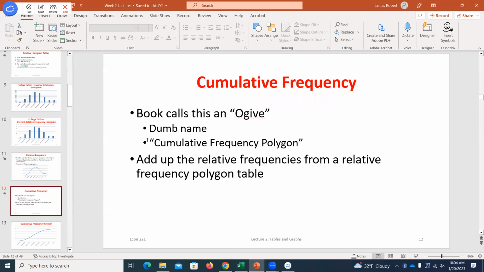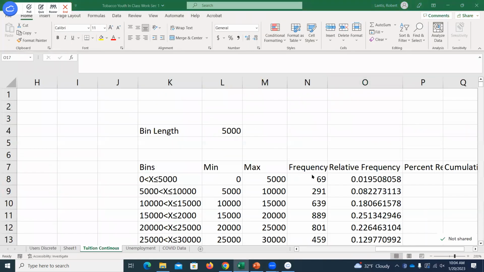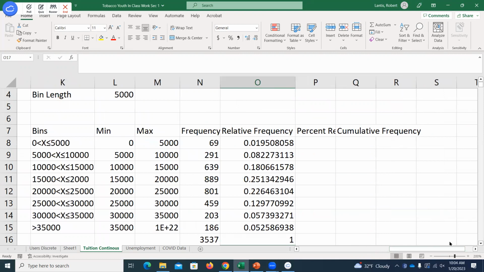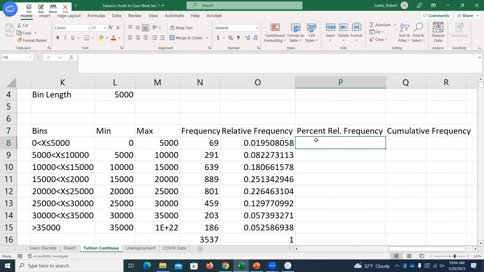So the next idea would be to come up with the cumulative frequency. We'll go back to Excel and see where we left off. Actually, I forgot, I think I went a little bit faster in the second section, and we did percent relative frequencies, which we didn't do last class. So we had our relative frequencies, and those should add up to 1. How would I get my percent relative frequencies? Simply multiplied by 100.